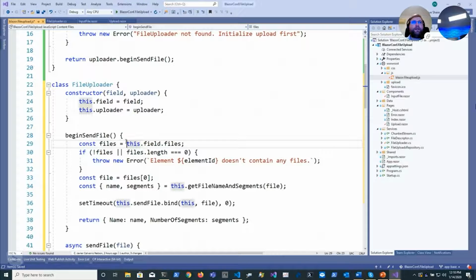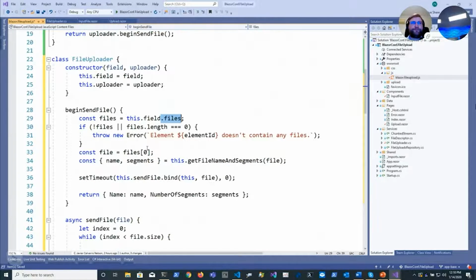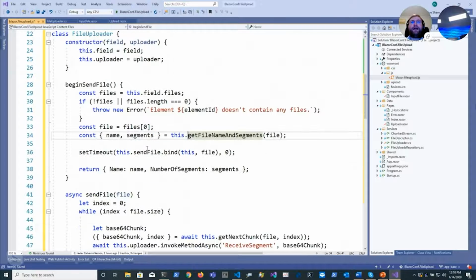Then what it does when it receives a call to begin send file, it uses the field to find the list of files, and then finds the file name and the number of segments, and then uses set timeout to start the file upload after